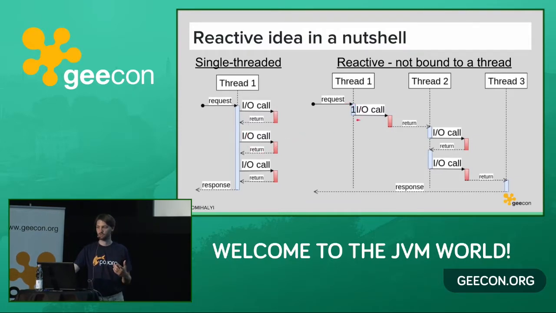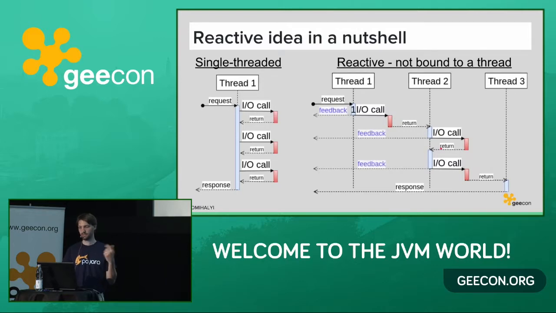With the reactive approach, the idea is quite different. The application should reserve the thread only when it's doing something. And all I/O calls should be asynchronous. It should be just an impulse, a message that is sent to the operating system or the application server, whatever is outside of the application handling these requests. And the application should be notified when the response is ready. And the notification is usually in the form of a callback that is executed on any other thread. It can be the same thread, it can be a different thread, but what's important